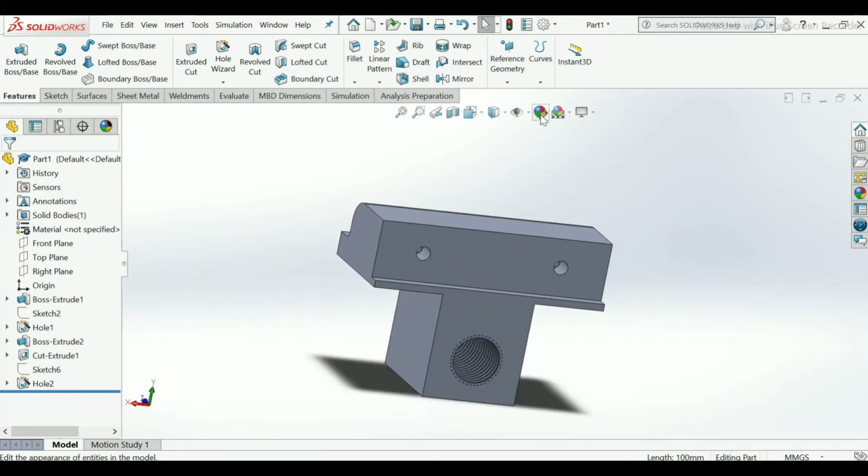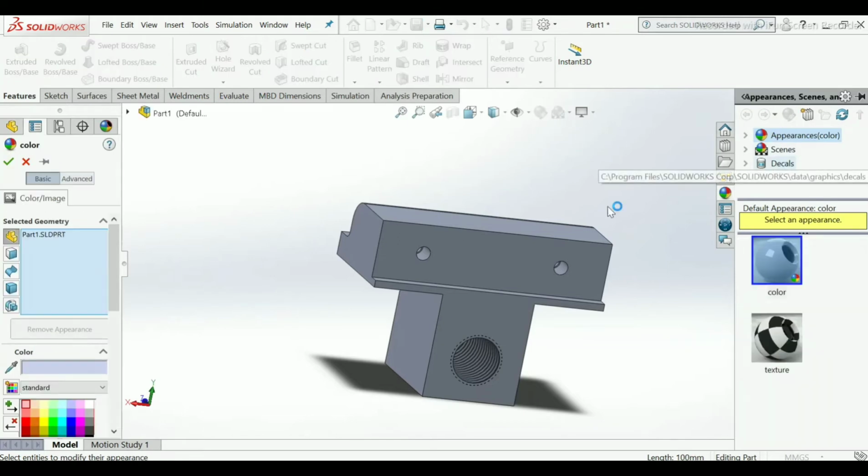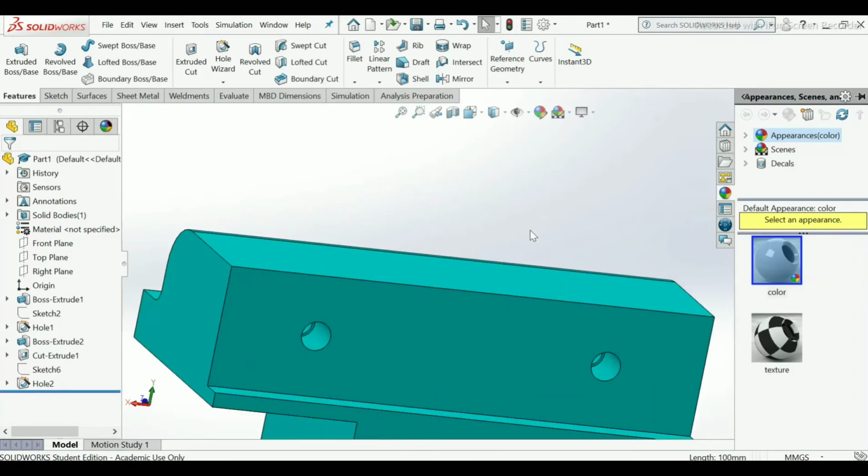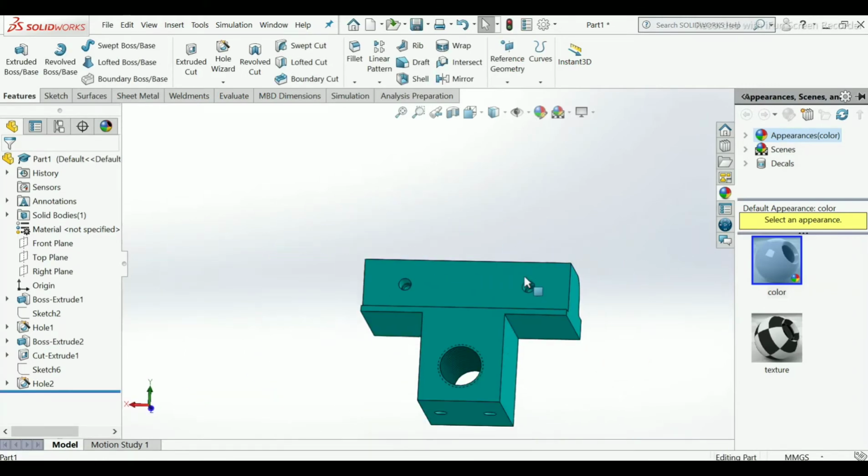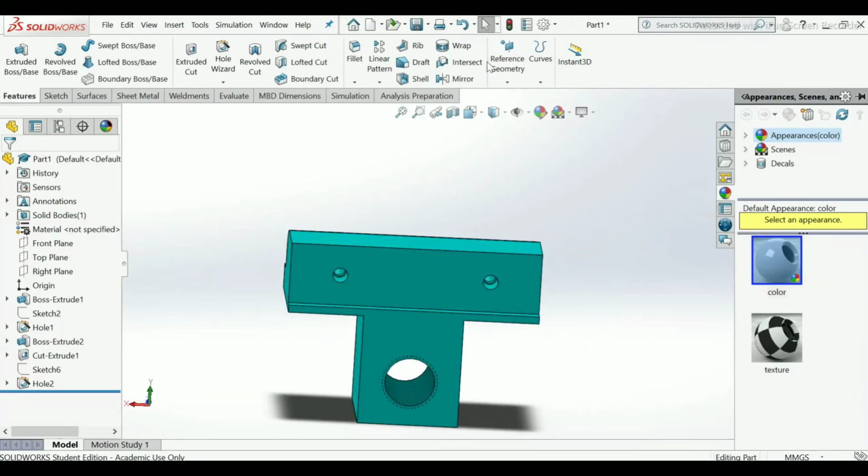You can give appearances here of any type you want. I will choose this color, okay. Now go to save it.